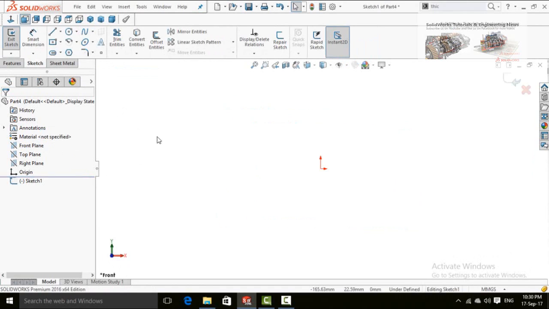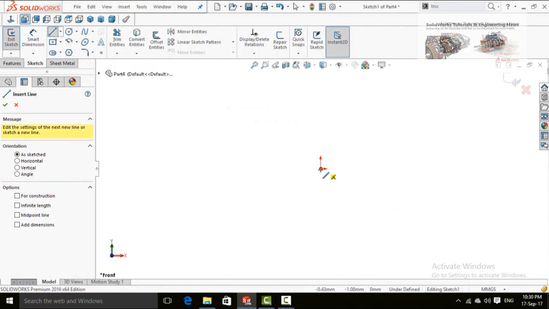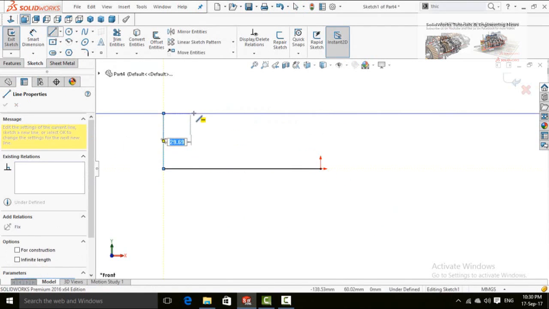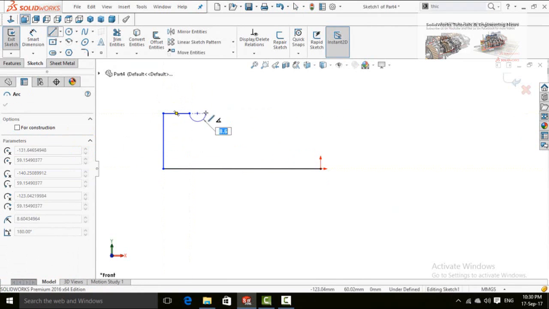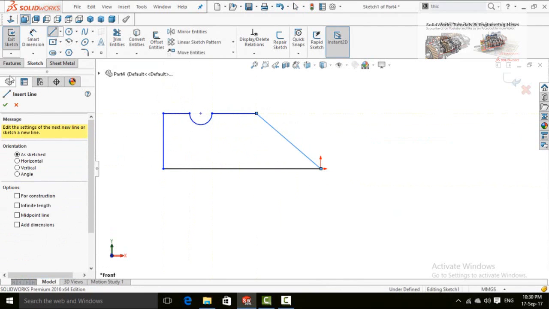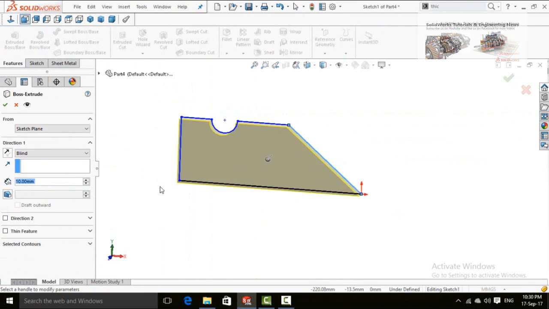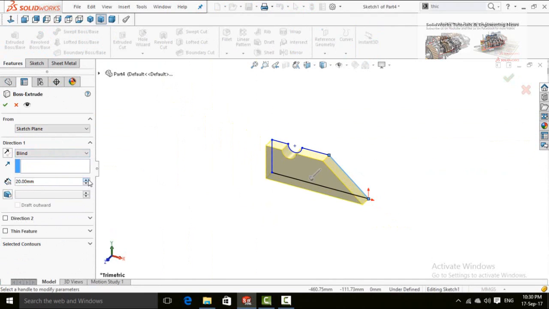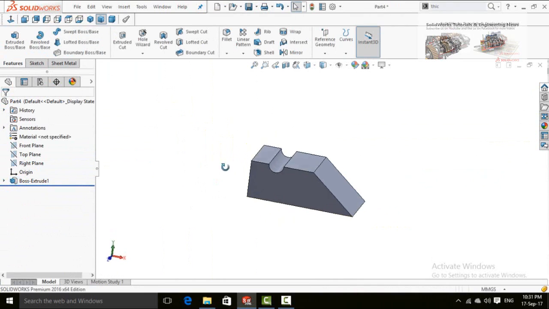Sketch on front plane and then draw some sketch. Now in the features tab extrude it, press OK button.